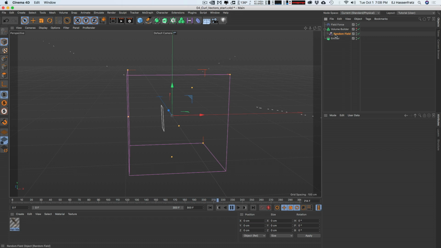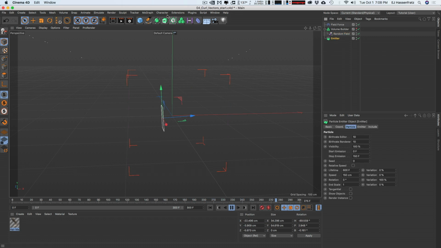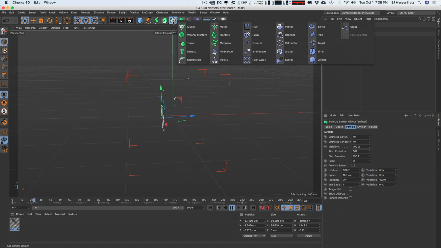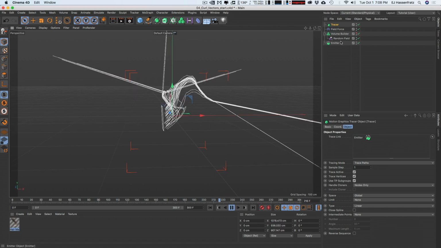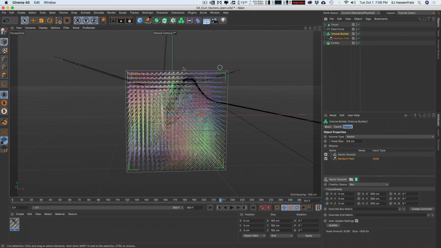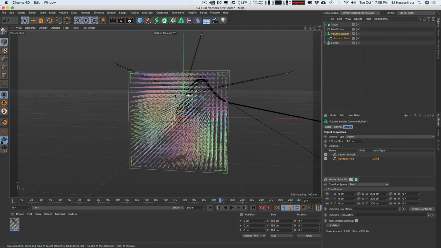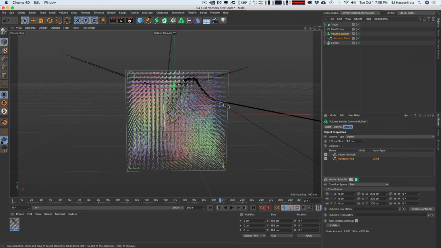Let's go ahead and maybe we'll place the emitter in a tracer object. So let's go and just grab a tracer. And now we get these really cool lines, okay? Now, one thing you're gonna notice is that once these particles get out of the bounding box, they just shoot off into nowhere because they have no more vectors to tell them where to go. So how we can fix that, go to the random field, and in this creation space,